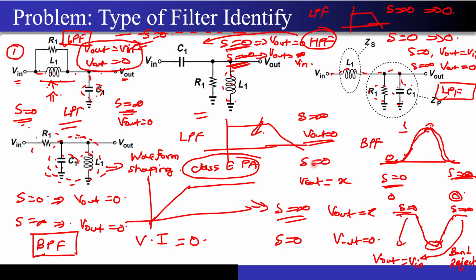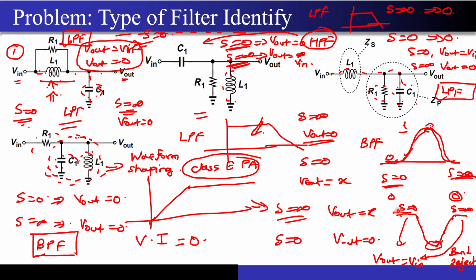For example, when you put s equal to 0 and you get some particular finite value at the V out, and when you put s equal to infinity you get V out equal to 0, then you know this is the response of a low pass filter. On the opposite side, if I put s equal to 0 and I get a heavy attenuation, and if I put s equal to infinity and get a good value of V out, now I know this is a high pass filter. And if you put s equal to 0 and s equal to infinity and you get heavy attenuation at both these frequencies, then you know that this is a kind of band pass filter response.